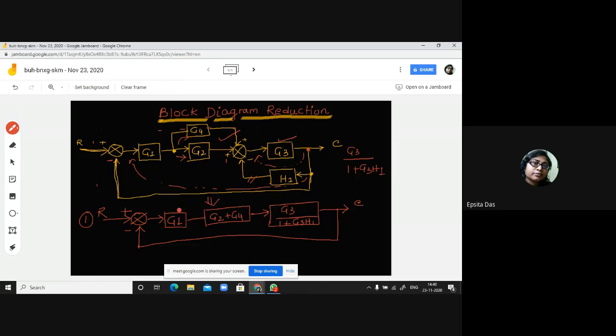Then, now these three, we also know that if the transfer functions are in series in the feed forward path, they will be known as cascading, or we can multiply the transfer functions to get the resultant transfer function. So I am deleting this, and I am trying to draw the next part. I am deleting this because I don't have space.